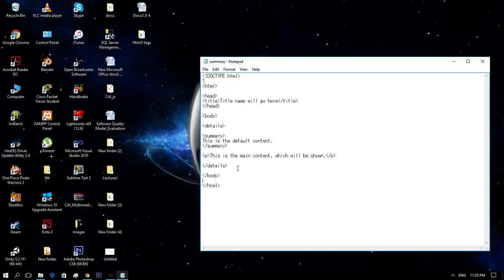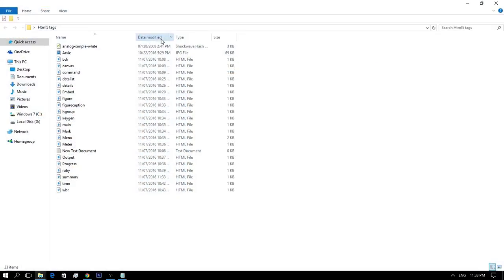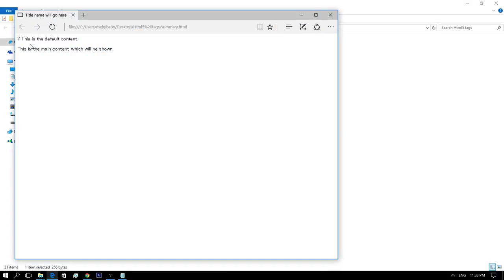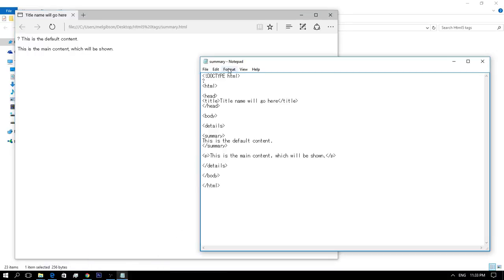The summary element contains the default text which is shown when the user sees the browser, and whenever the user clicks the default text, the hidden text appears. The summary element has minimized the overhead of JavaScript. I forgot to erase this one.